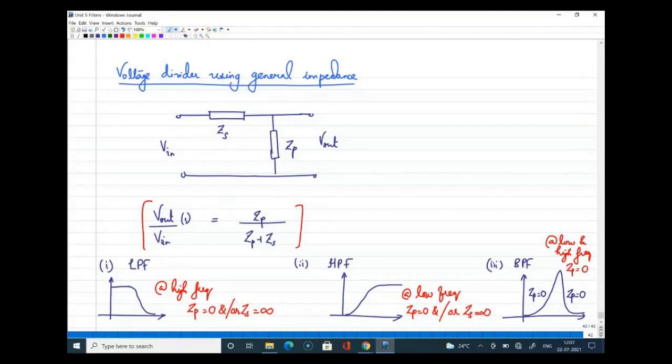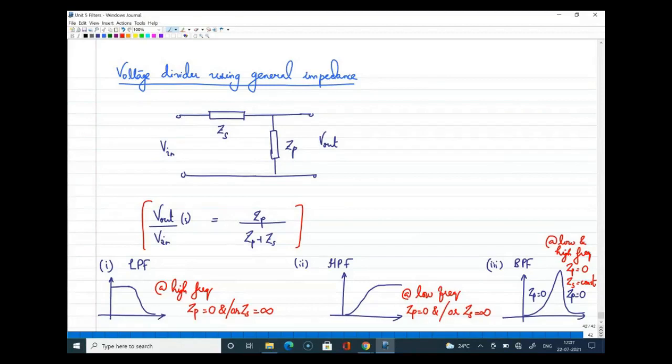Now what about Zs? I'll just mention it here. We'll see Zs should be equal to constants. The Zs value should not change, or if the Zs value is not changing, that should also be fine. So these are the three responses we can directly get from this generic impedance. For band pass filter, we need to do a little tweaking that I'll show how to do. So, are there any questions on this?